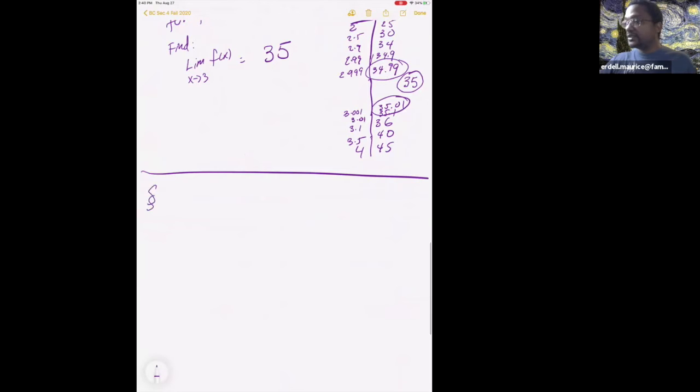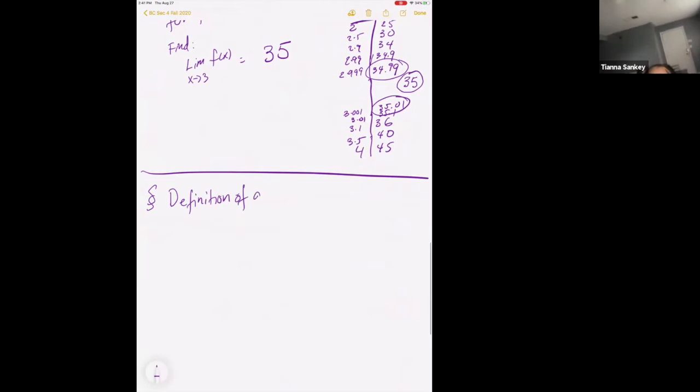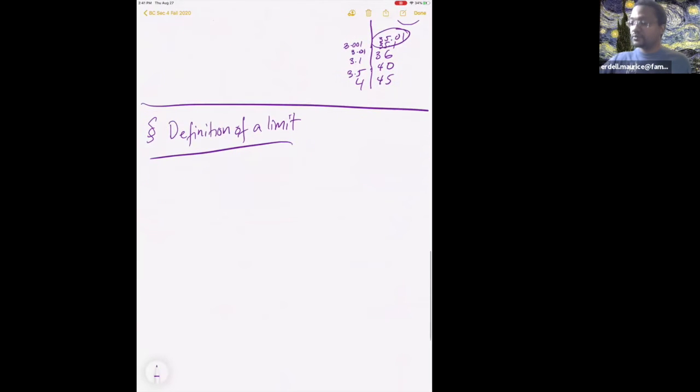Let me give you this, the definition of a limit. This is what you'll find in your textbook. If I say the limit as x approaches a number I will call c for a function is the value